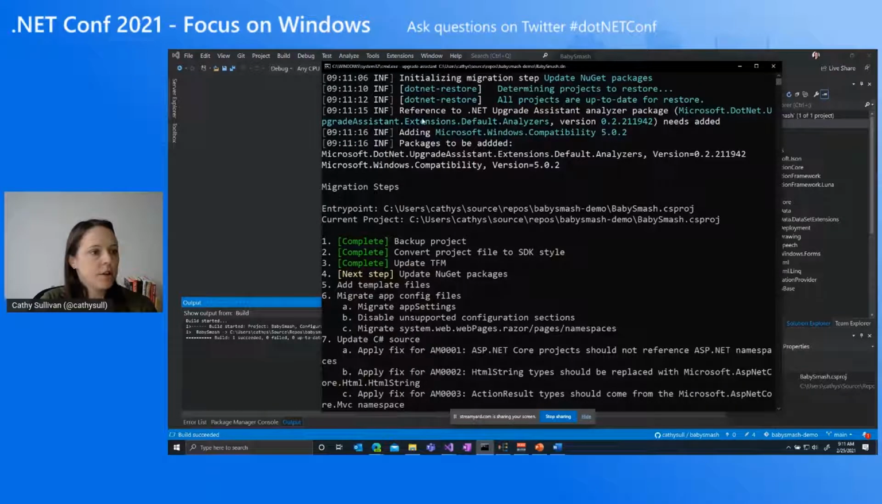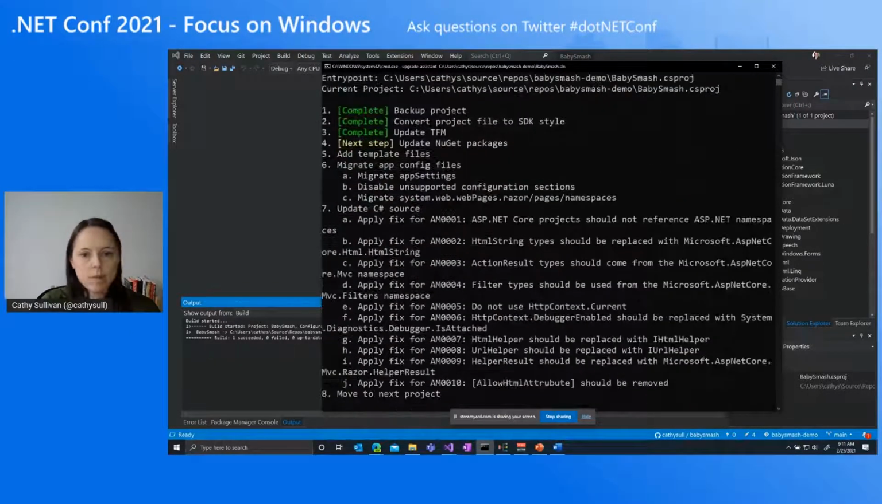So you'll notice here that it is going to install this analyzer pack, and then also it's telling me, okay, we're going to add the Windows compatibility pack, which is really great because I would have had to add that manually and then go rebuild my app after that. So moving on to steps, I'm going to combine steps 4 and 5 as I talk about them. Step 4 is about updating my NuGet packages. And so let's go kick off